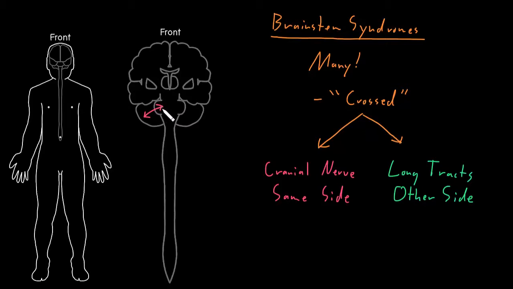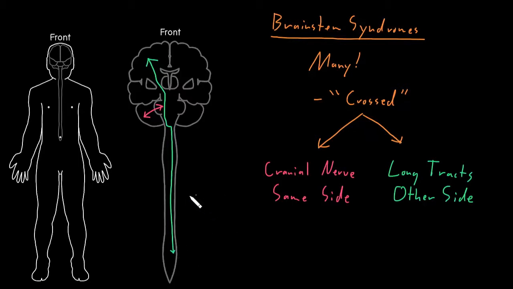But in addition to these cranial nerves coming in and out of the brainstem, we're also going to have the long motor and somatosensory tracts that are passing through the brainstem on their way down to the spinal cord or up from the spinal cord. So let me draw some kind of long tract here, and we won't be specific. We'll just say it's one of these long motor or somatosensory tracts that's coming down this side of the brainstem, and we'll say it's one of the ones that crosses around here, and then the rest of the time it's on the other side of the spinal cord to do whatever its function is